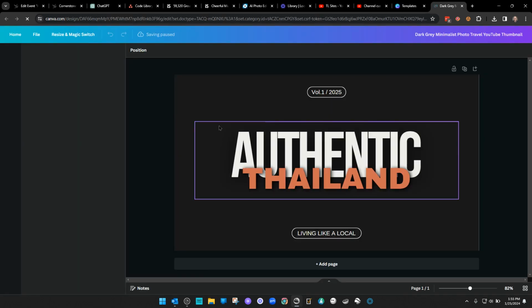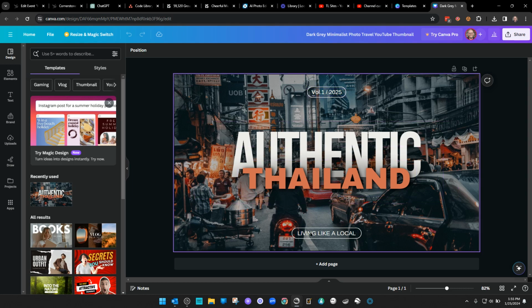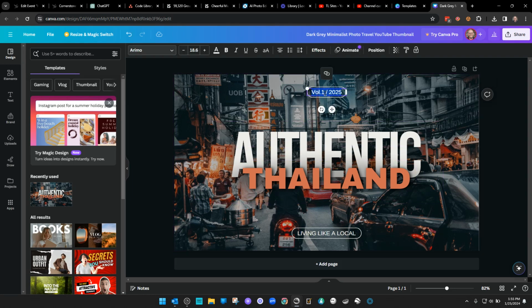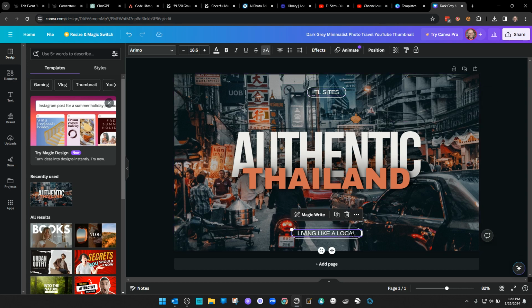And now we're going to see a bunch of the elements in here. It looks exactly like they made it, but I'm going to select any of the elements here. You can see all the images, or all the different text in here. So first of all, volume 1, I don't really want that. I want to say the name of my website. So I'll say TL, spell it right, TL Sites. All right, and then down here, I actually want it to be my web address, so